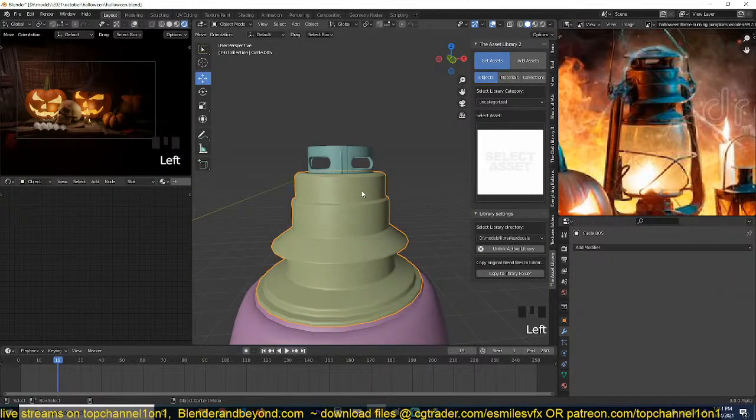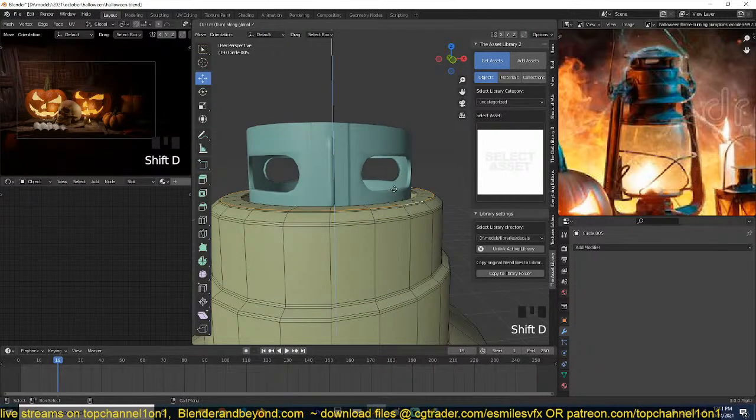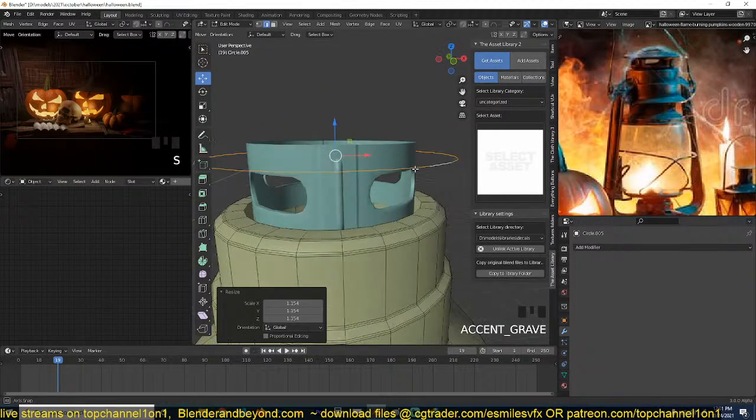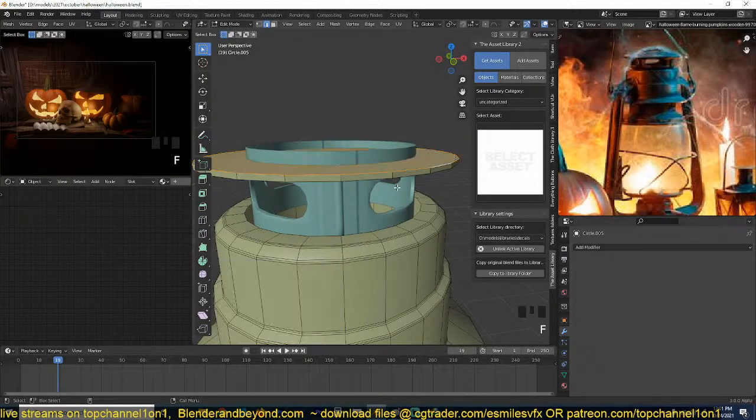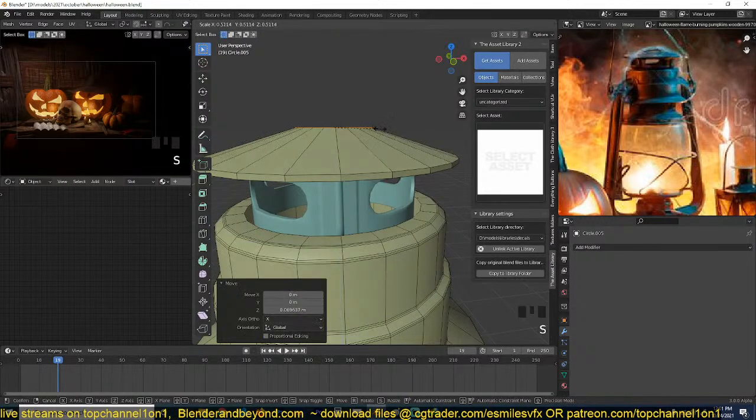Then the top part, we just need to grab an edge loop like this, scale it up, extrude up, hit F, insert, push that up like that,